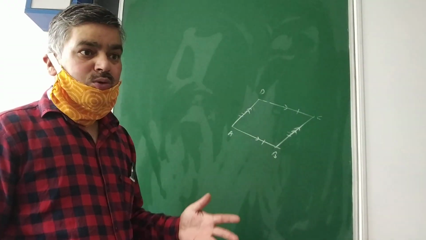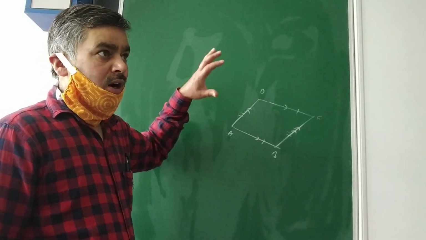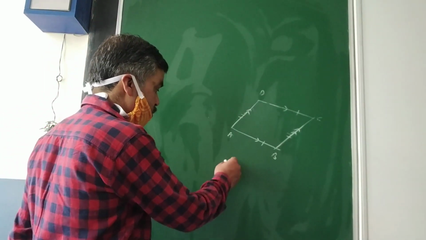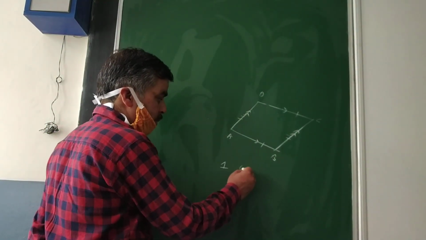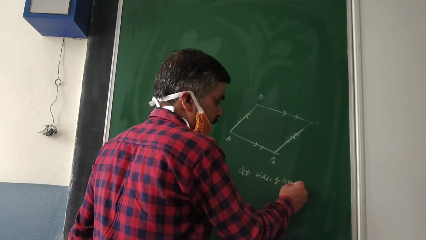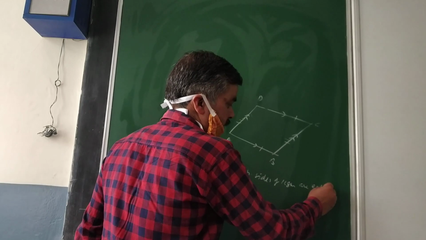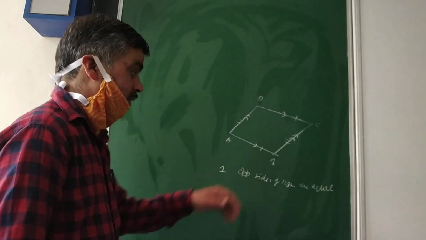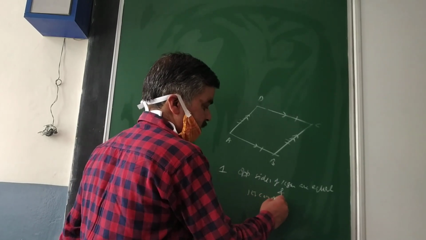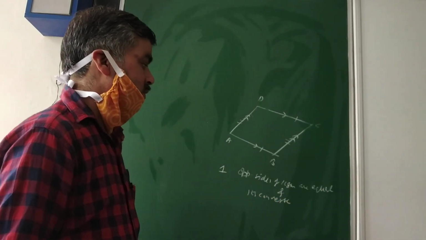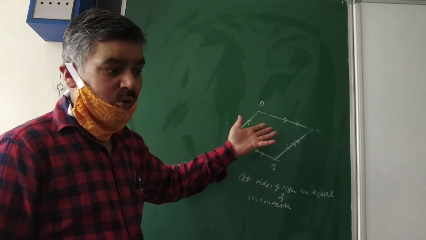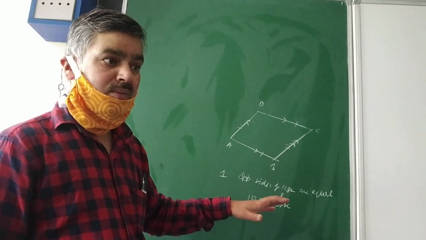So now, what is our syllabus? Our syllabus is this only. We have to focus upon the properties, and there all the proofs are there. So you have to prove in both ways, opposite sides of a parallelogram are equal. Now think in another way, and its converse. Means what? Its converse is what? In any quadrilateral, if opposite sides are equal, then it is a parallelogram.